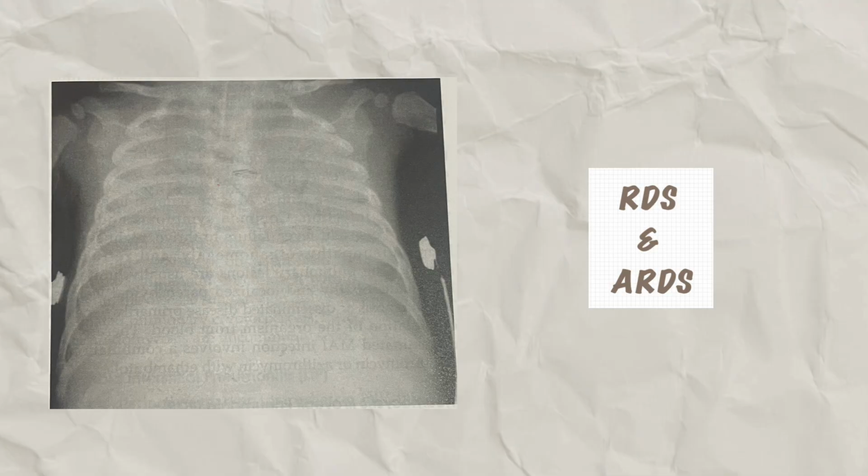Natural surfactants have surfactant proteins B and A, making the latter more effective. New synthetic surfactants with recombinant surfactant protein B are more effective than previous synthetic surfactants. SRT is indicated in preterm neonates with moderate to severe RDS. SRT can be given as a rescue therapy to treat established RDS or prophylactic therapy in neonates less than 28 weeks. SRT has a synergistic action with CPAP.